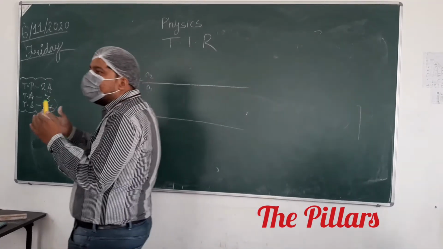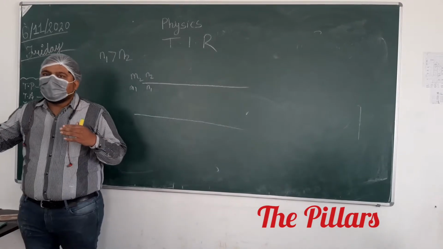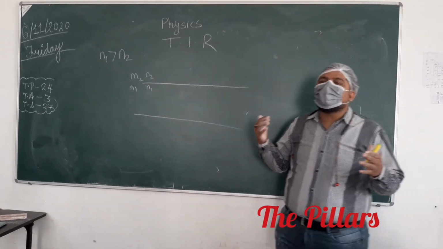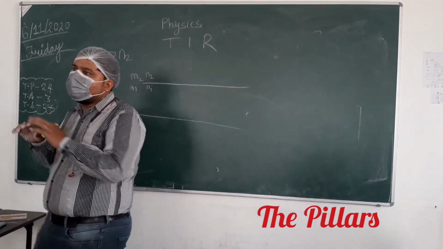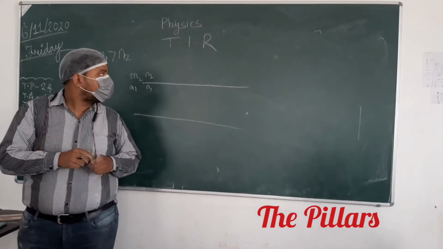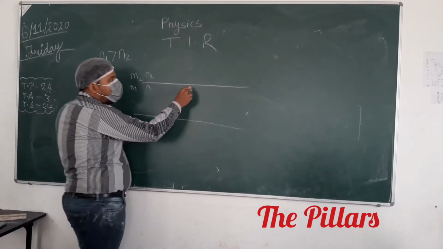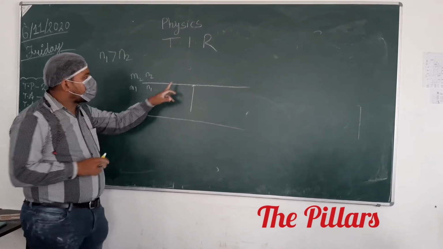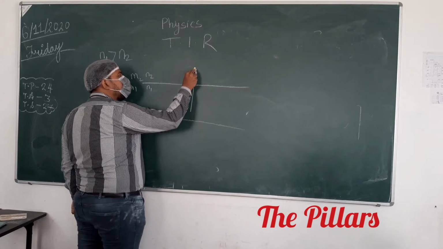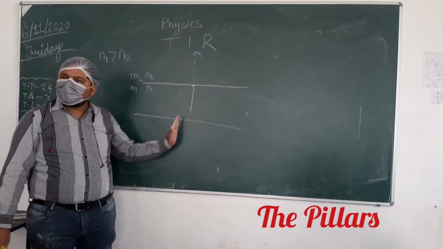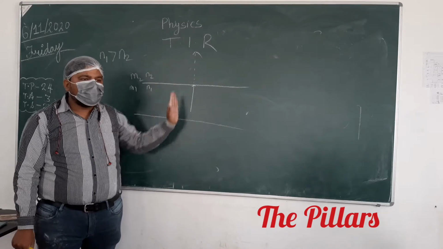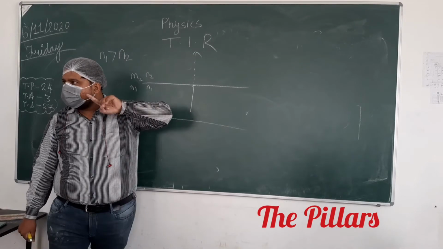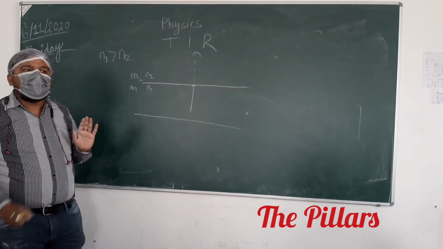If light is entering from glass to air, is there a possibility of total internal reflection? Yes. And if it is going from air to glass, then no. Suppose we have an incident ray like this. After refraction, its path will be like this. Since it is a normal incidence case, it will not bend in any other direction, it will go straight. But the speed will change. So that is why it is refraction.